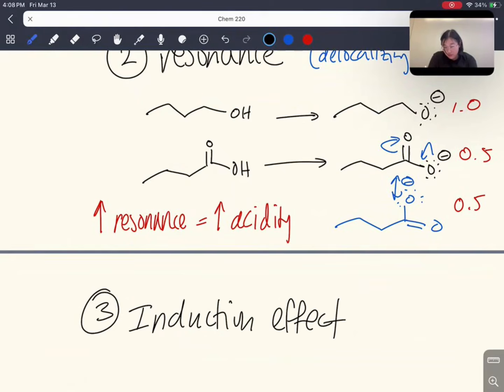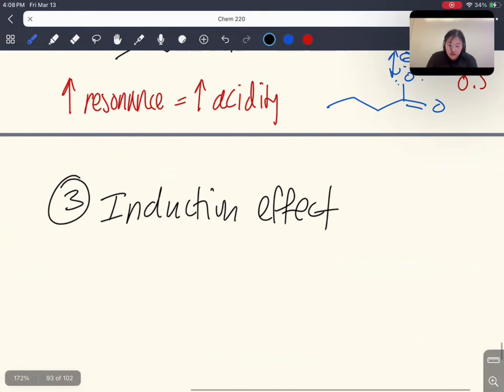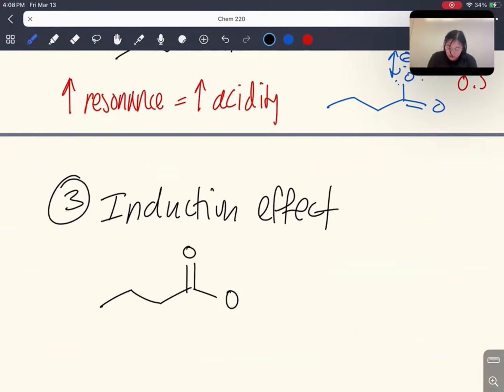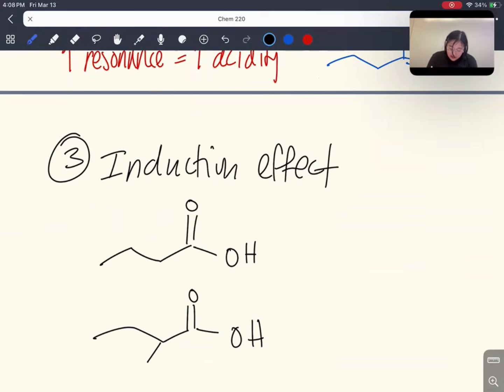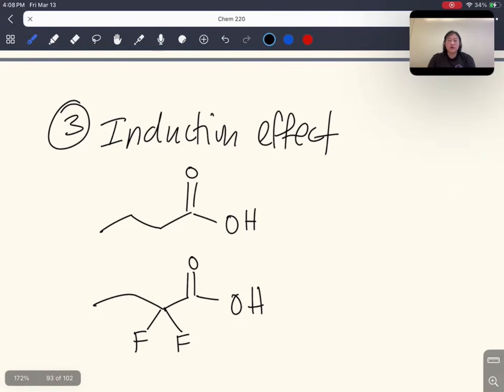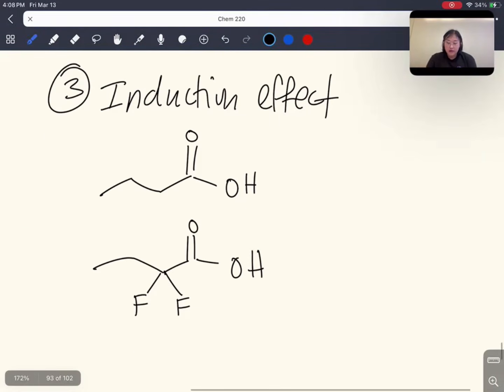Let's take two molecules, and let's say they are both carboxylic acids, except one of them has two fluorine groups attached to one of the carbons. And so if we draw the conjugate base,